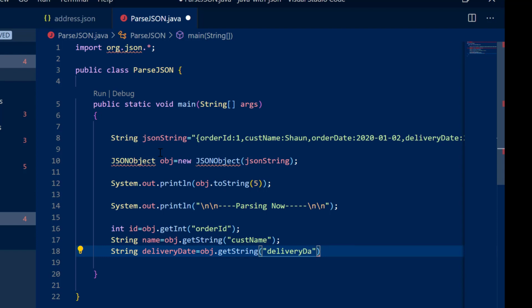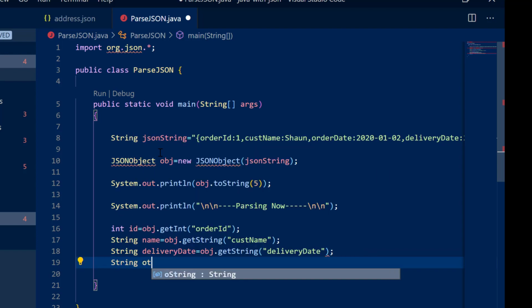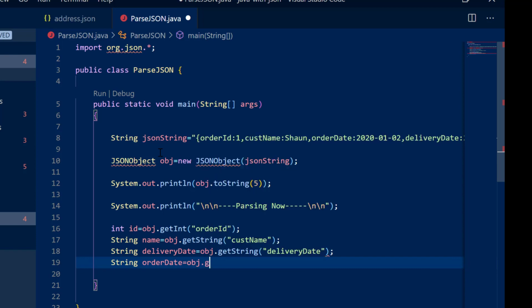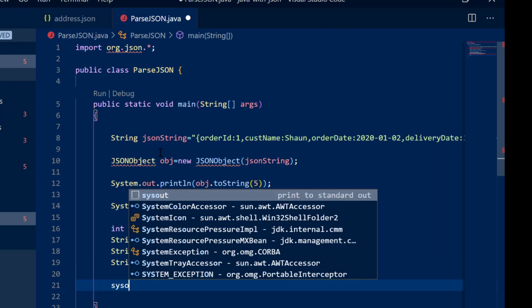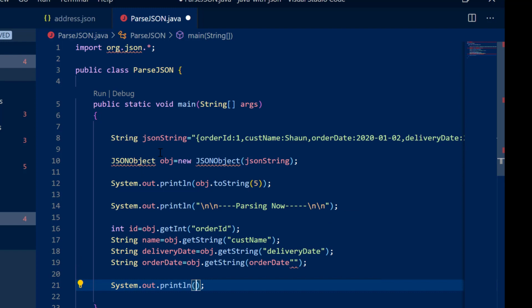Okay, so all fine till now I guess. And string order date is equal to obj.getString("order date"). And now what I'm going to do is System.out.println